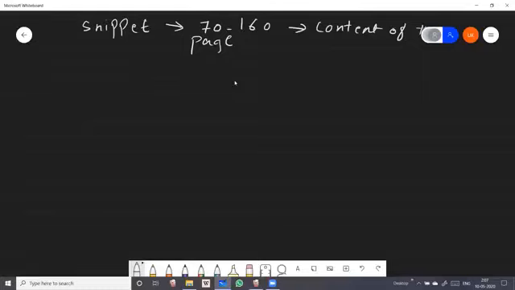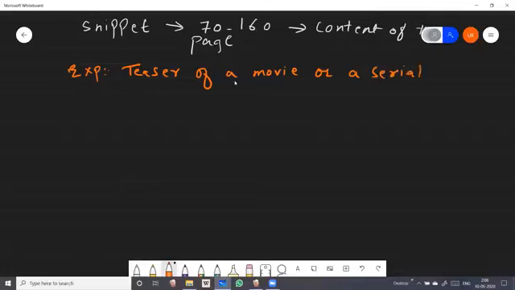For example, if you want to describe or if you want to just have a number of visitors, example I can give that I had already given you the last time, the teaser of a movie or a series, your favorite serial, whatever, you just want to have a teaser also that you can see what's going to happen in the coming or upcoming episodes. So we had studied this also, student.